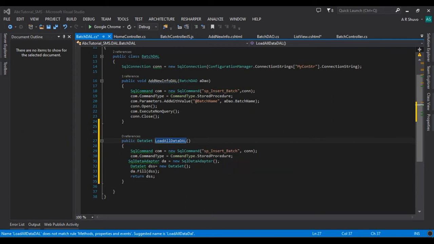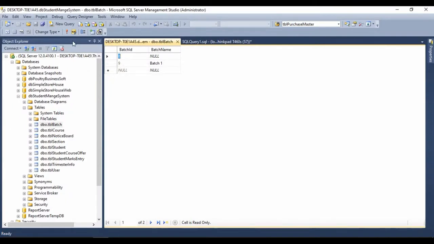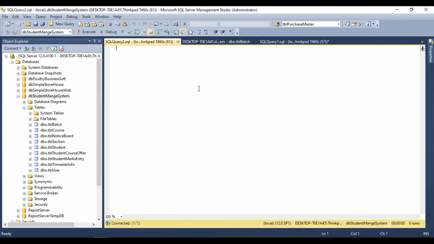Now we need to create a stored procedure for batch data load. I'm going to SQL Server here, select this database, StudentManagementSystem, and click new query. Here I'm going to create proc sp_LoadAllData_Batch as